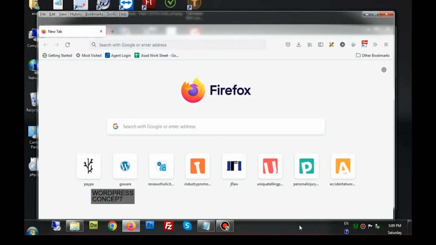Sometimes, as you use this WAMP server with Skype or any other software which uses the ports for communication, they conflict with WAMP server, and they prevent this WAMP server from becoming green, and the WAMP server remains orange or red. In that situation, you have to quit that application. For example, as I told you, sometimes Skype creates a conflict with WAMP server. So you need to quit Skype from the system tray, and you will have to restart the WAMP server.